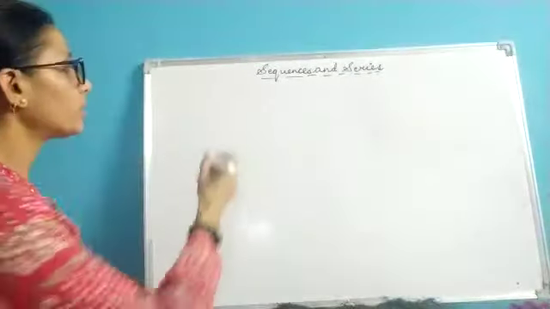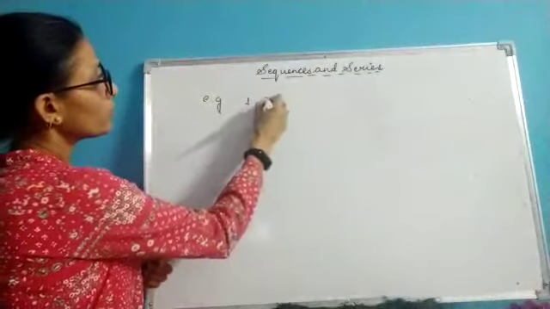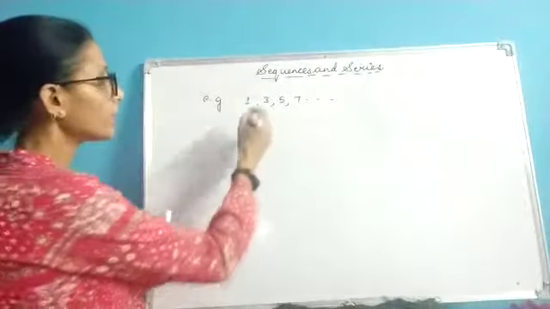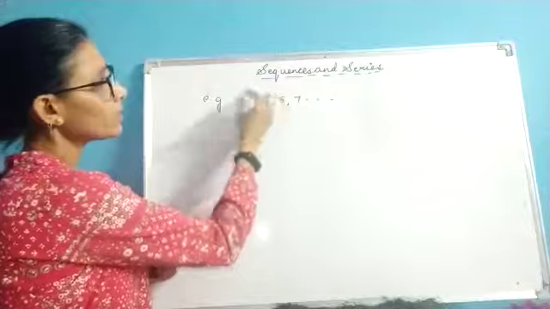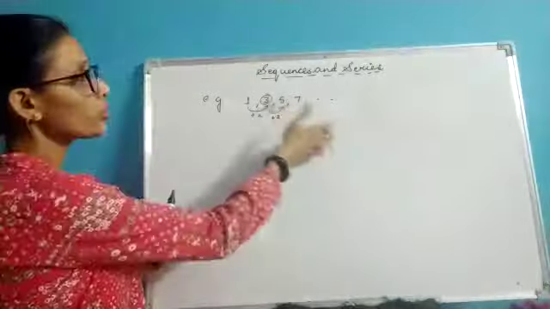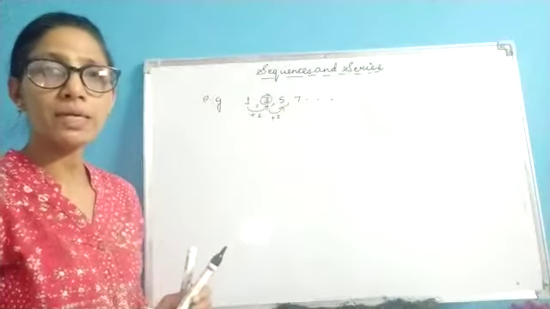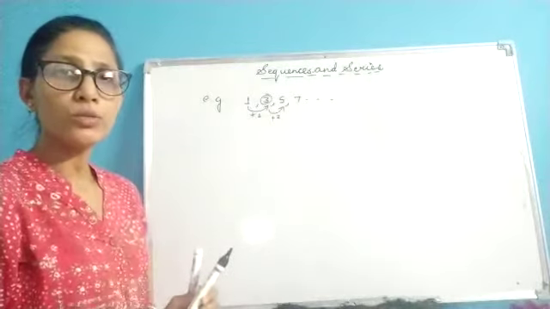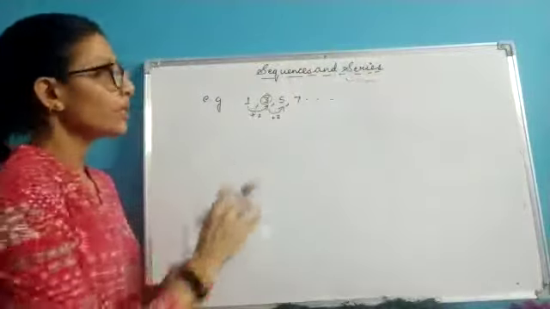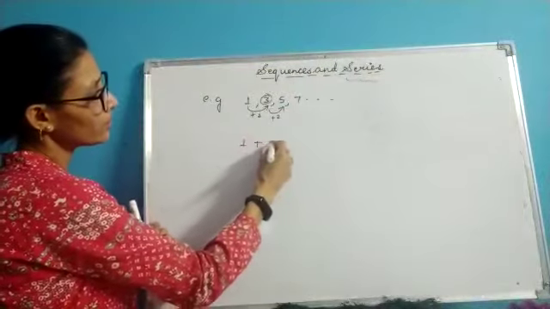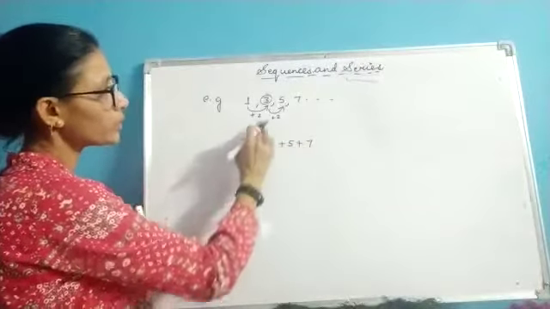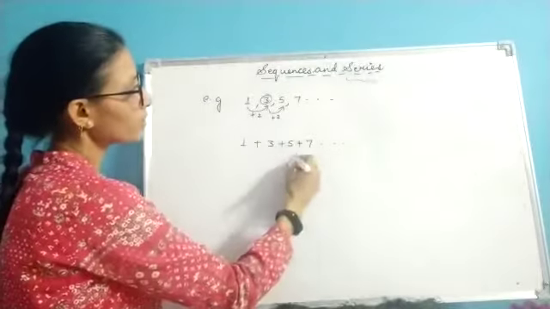rule. For example, if I take say 1, 3, 5, 7 and so on, it follows a particular mathematical rule: if we add 2 to this, then I will get the next term. If I add 2 to this, then I will get the next term. So a collection of numbers which follows a particular pattern or a particular mathematical rule, we can call it a sequence. Now, what is this word series? If we insert an addition sign in between the numbers present in this sequence, then it is known as a series.